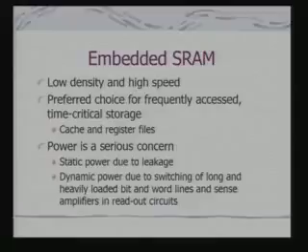Externally, when you are interfacing, your selection of memory block has to be dependent on these parameters, and that will also dictate the speed at which external transactions can take place. A typical feature of an embedded SRAM would obviously be low density, because I am using 6 transistors per bit, and high speed. This is a preferred choice for frequently accessed and time critical storage like cache memory and register